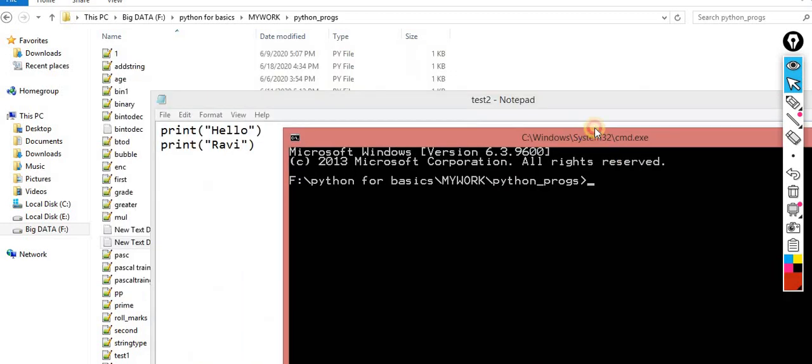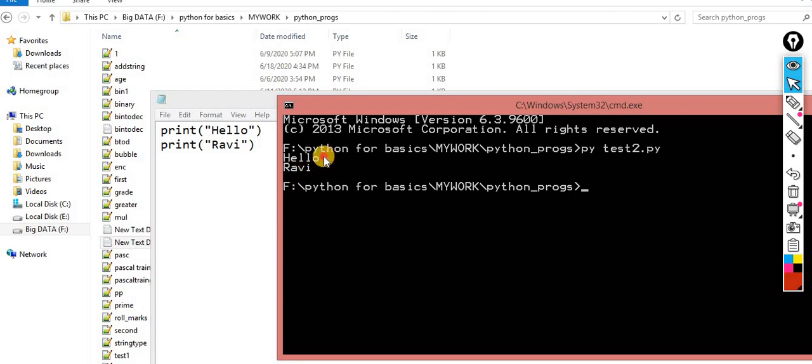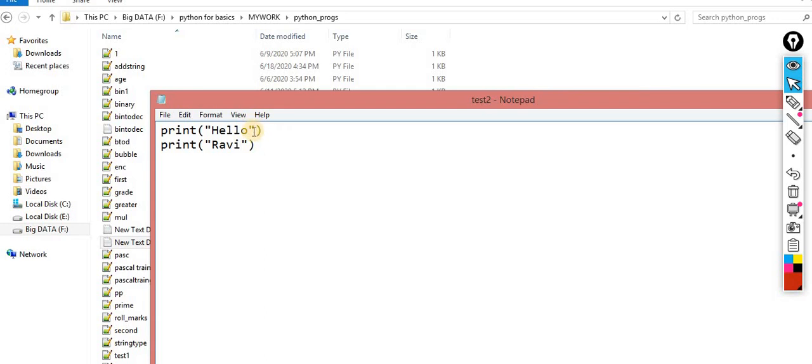Okay, hello Ravi, definitely I will achieve it, but in what pattern will I receive it? Okay, perfectly same. But I want this Ravi with this hello. Okay, now understand it. If I write this, and end is equal to this one, or end is equal to this one, both are same. Now what is the meaning of this?